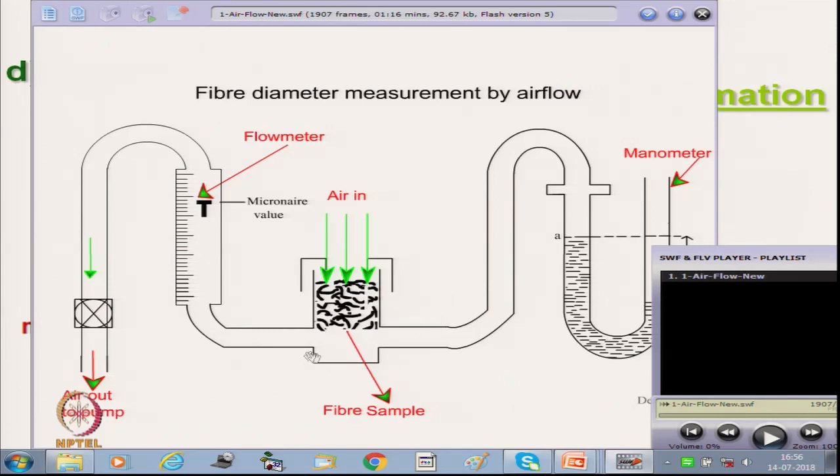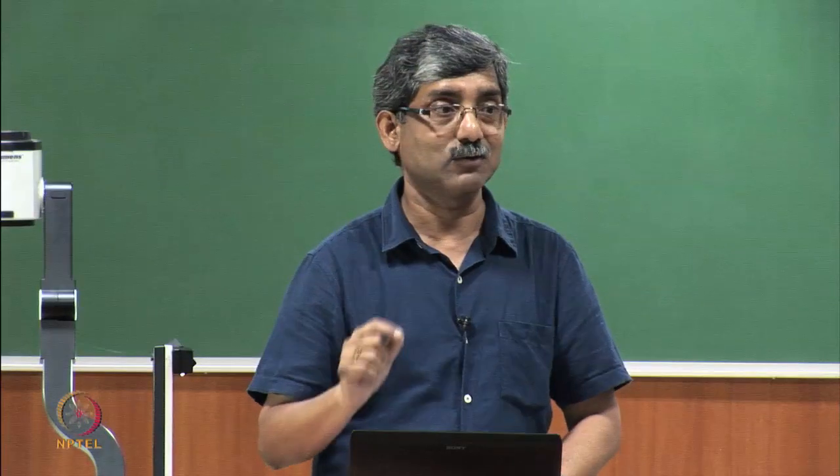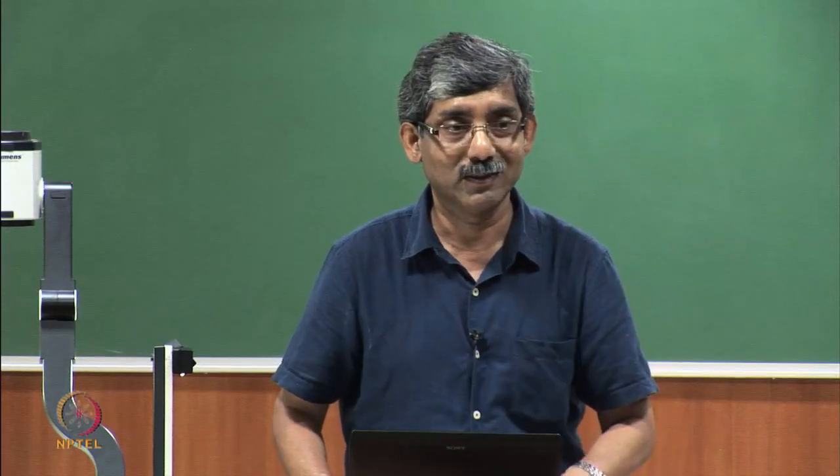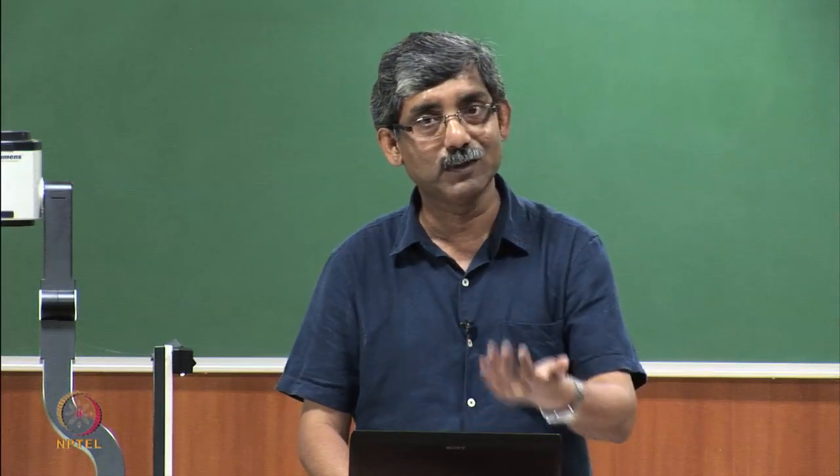So, that is why it is very important to maintain the mass of fiber which we are packing, its exact mass of fiber. Okay. And also, we are maintaining the same mass. If instead of cotton we use, say, polypropylene, polypropylene will have lower density. For the same mass, the fiber diameter will be more and its specific surface area will be totally different and it will give a wrong result.